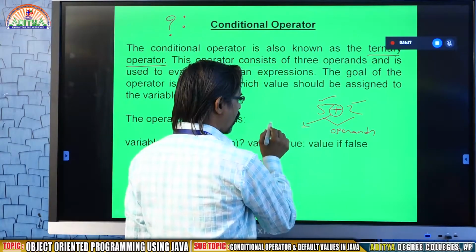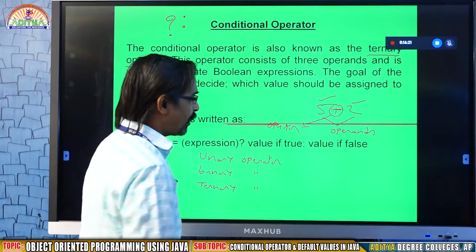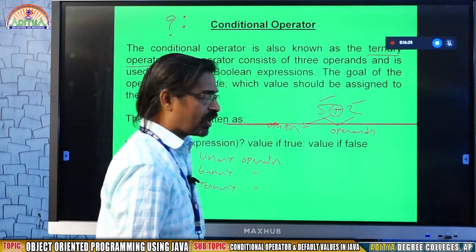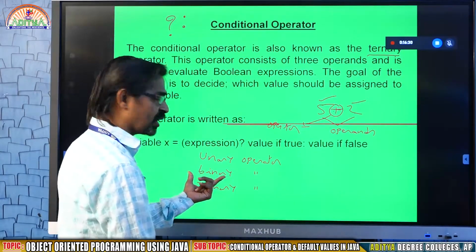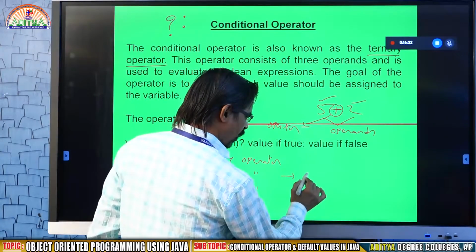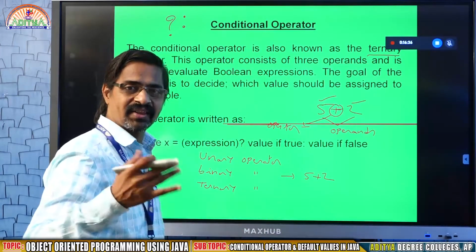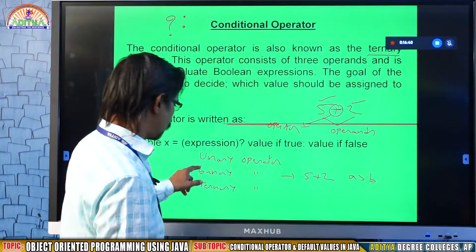Plus is called the operator. I used this plus between two operands. When you use an operator between two operands, it is called a binary operator. Example: 5 plus 2, or 5 into 2, or 5 by 2, A greater than B. Everything will be called binary.